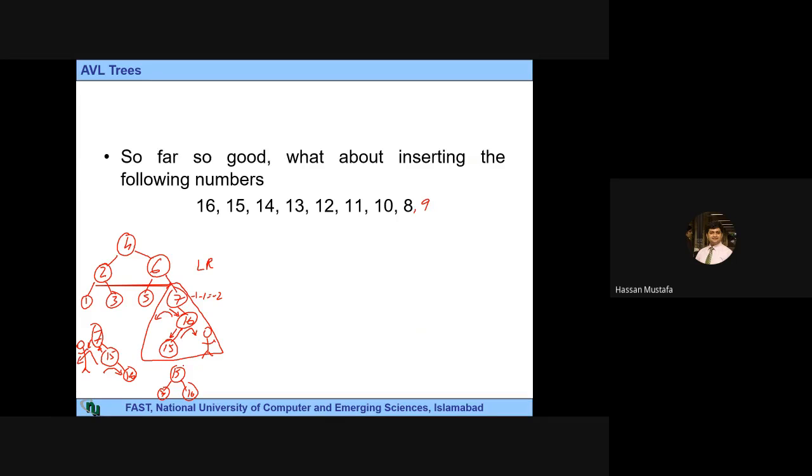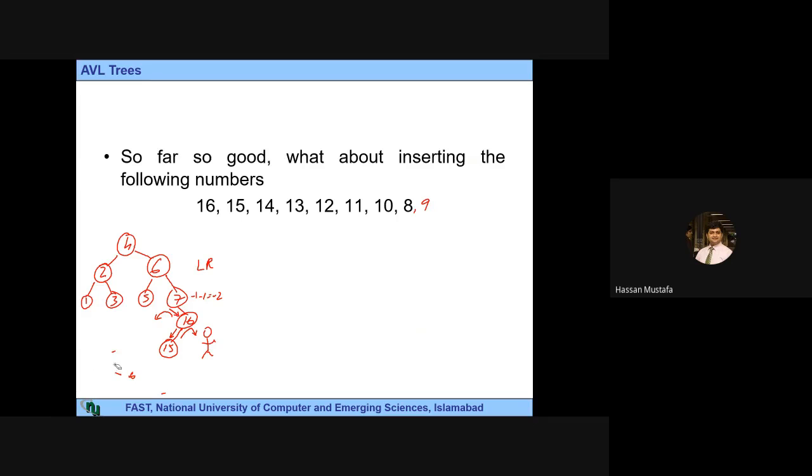Of this part of the tree, the transformation after 2 rotations would be like this. 15 would become the root node, 7 would be towards the left of 15, and 16 would be on the right of 15. So this 15 is connected to 6. Okay, so let me just erase these extra trees and draw the